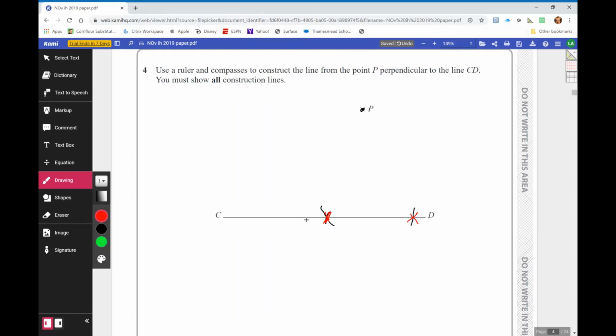So you end up drawing from this point here, you'll draw an arc which kind of goes like that, and then you'll keep it the same distance and then come to this side, and then you end up drawing another arc which looks a bit like that. Sorry, I haven't got a compass tool to show you exactly, but you're moving your compass from point P to your new lines, and then you're drawing arcs like that, and then you can grab your ruler